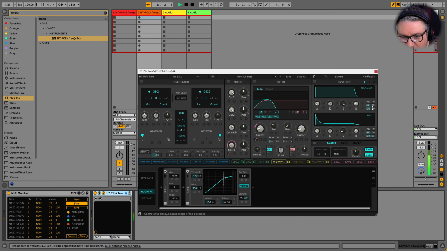Why? It's not on. Shows the attack shape, velocity. Is there a way to change it so that it is on? Like the trigger? Or is it just a color? It might just be a color. Maybe it's just a color and it's on anyway. Yeah, it's on anyway. Okay. So it's already up all the way. Let's do the same with envelope 2. Although that won't factor unless we have a modulation matrix somewhere.